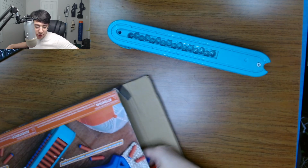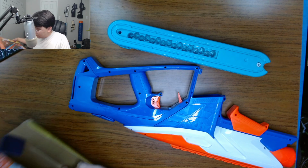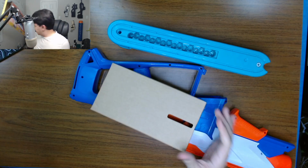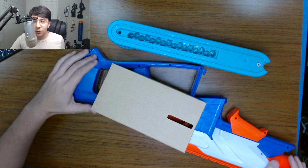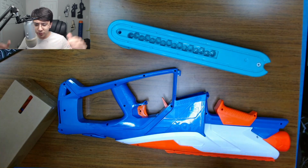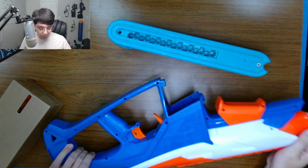So we got the magazine, got the blaster, and we got some darts. And that's pretty much it. This is actually how that blaster came. The first one I got was in a box. The second one was just a label slapped on it. So we have the blaster itself,